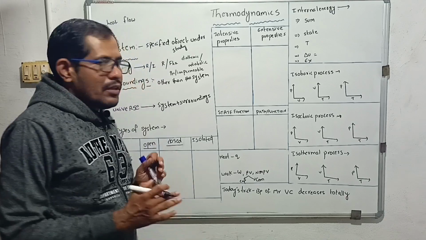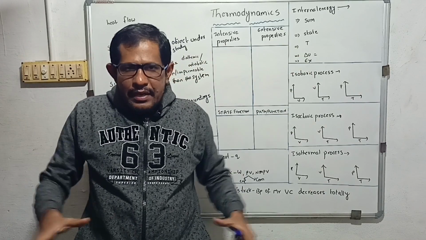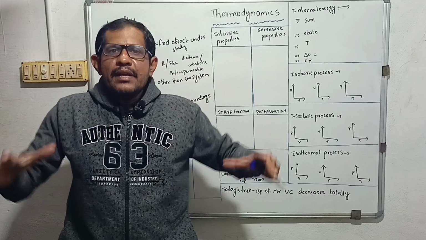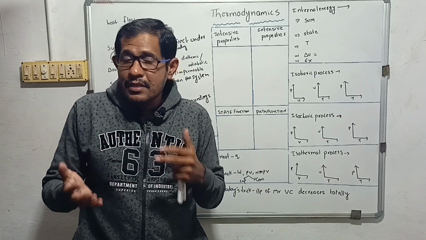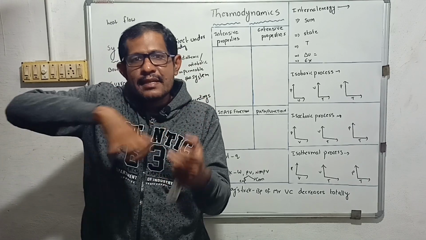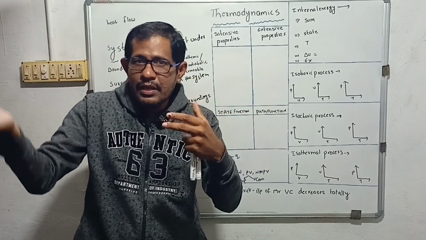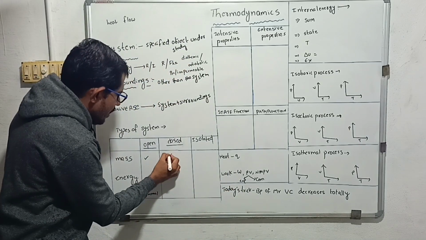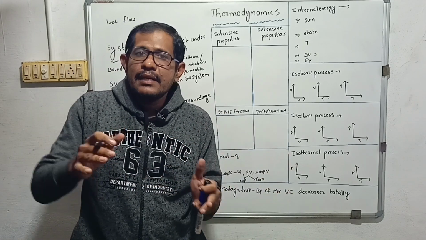Okay. So next, coming to the closed system. This is the system where we are boiling the water in a completely closed vessel. What happens if you boil water? There is no chance for the water to escape as water vapor, because you have completely sealed the system and boiled it. So there is no chance of water to escape to the surroundings. So there is no exchange of mass in a closed system, but the heat goes outside.